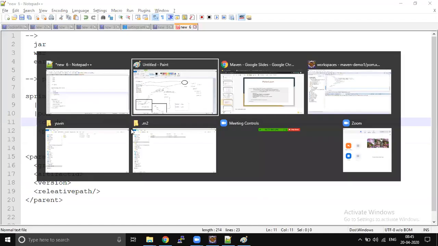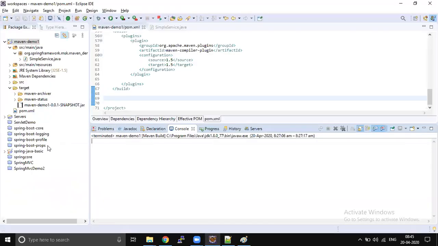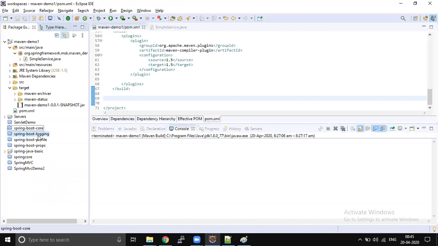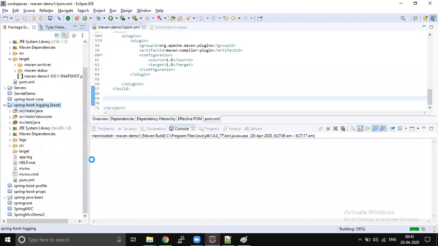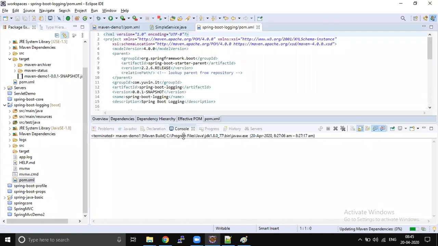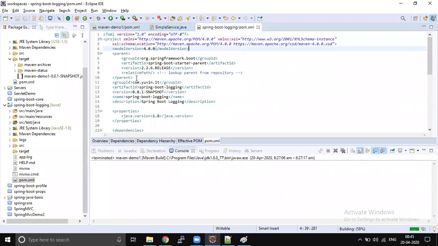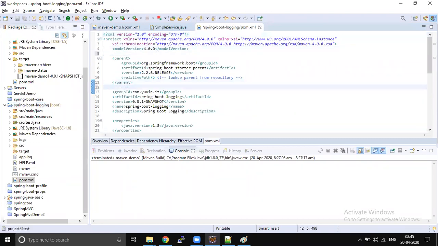Okay, let's see an example like a Spring Boot application. Whenever you are writing your own Spring Boot application, every pom.xml file will have a tag called parent. Without parent also you can create, but that is not recommended. Most of the time we will make our application a child to Spring Boot.